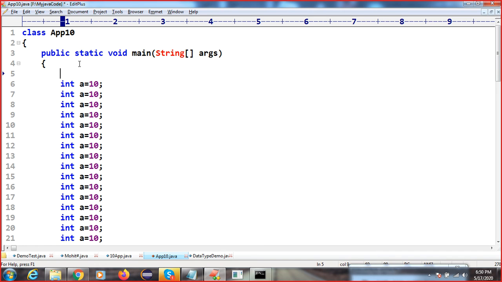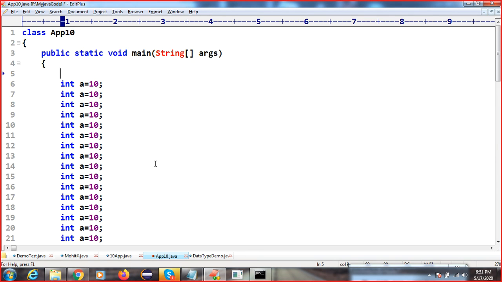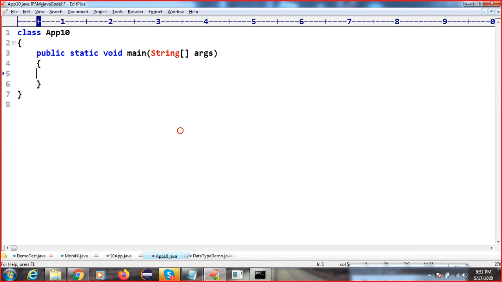But an array has some disadvantages. I will tell you the advantages and disadvantages of an array in your coming session. I will just give you a little bit of overview, because if I explain everything it will take more time.